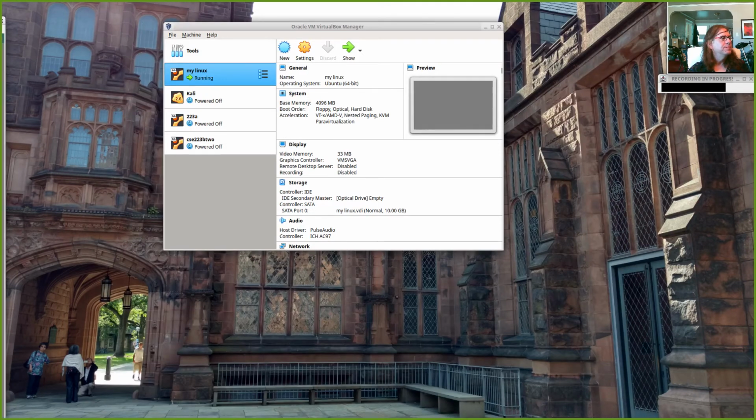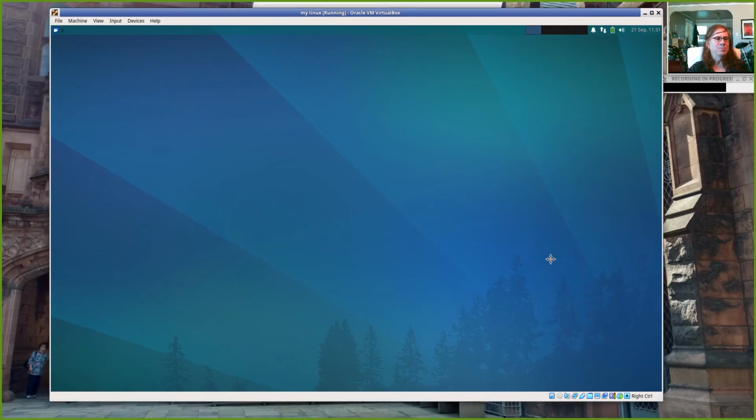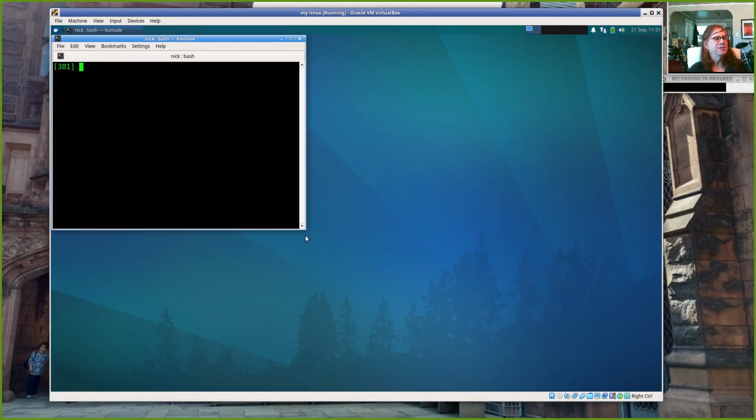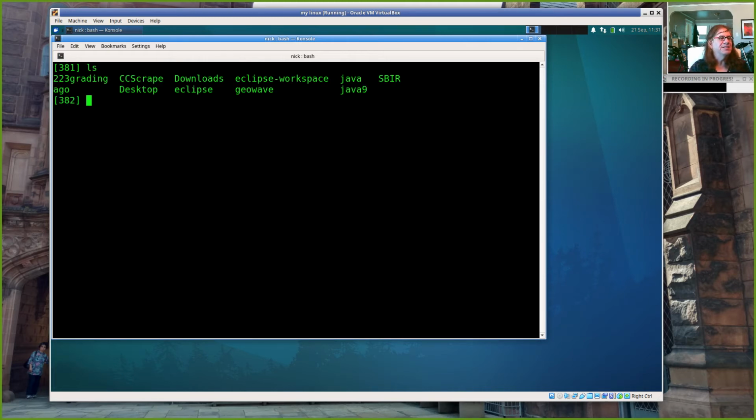Is that because it's like an instruction file that they don't want you to mess with? It's really just kind of a convenience. There are a lot of files in Linux like .exrc that are important, but not necessarily interesting to you on a daily basis. So when I say ls, I get a pretty clean directory listing, right? I've got a few files from 223 left over, Eclipse, some geospatial stuff I'm doing, and so on.